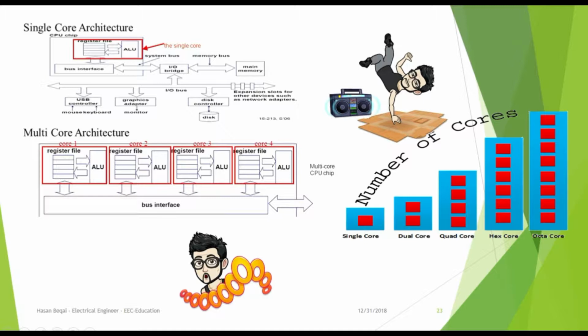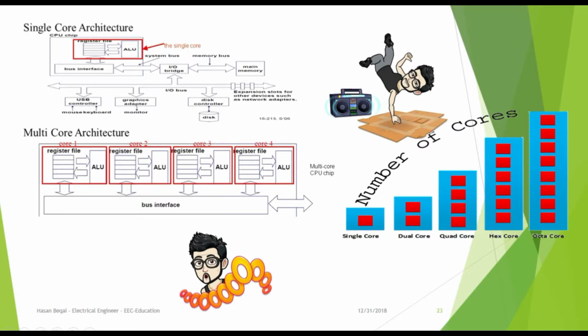In computers, there are two types of architecture, which are the single core architecture and the multiple core architecture. The term single core architecture indicates that there is only one CPU inside the computer. The term multiple core indicates that there is more than one CPU inside a computer, all working together at the same time, which makes the computer faster.